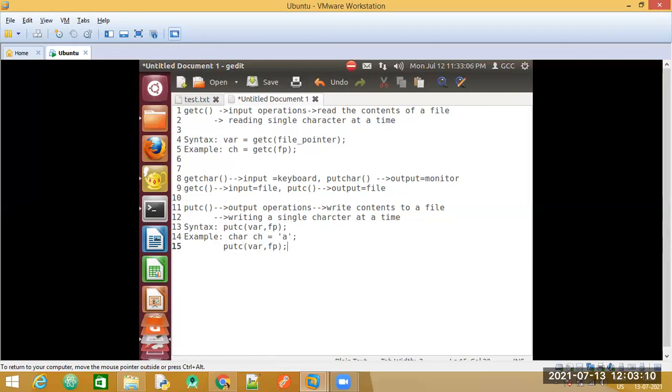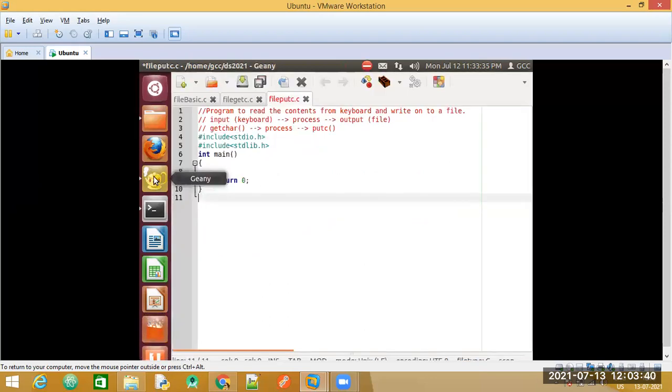So instead of this generalized term var, I will write ch. It means the putC function is now going to print what is there in this variable ch. In the variable ch we have stored the letter a. So the letter a will be written onto the file which is pointed by FP. Let us have a look at an example to understand this in a better way.